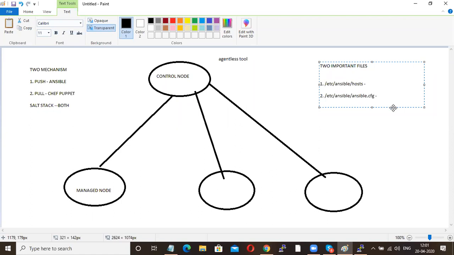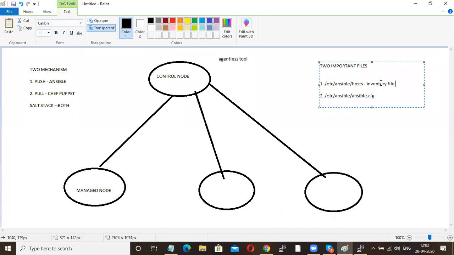see here, these two are important files or important directories, you can say. These are all default paths for Ansible. The first one is the inventory file.